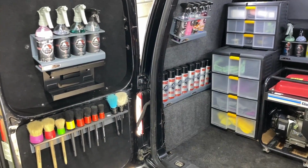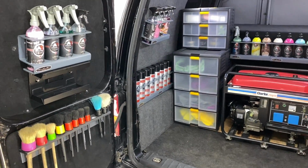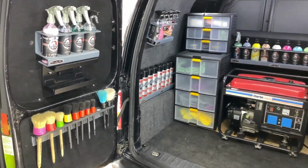I just like to try and keep the weight down as much as possible, keep it looking smart and have it do what it needs to do. So as you can see,